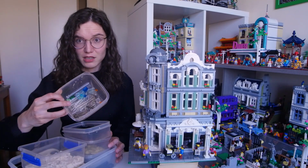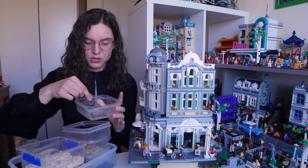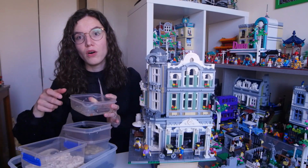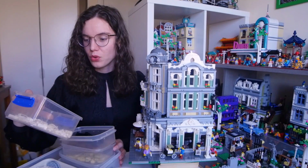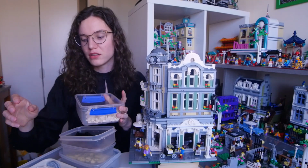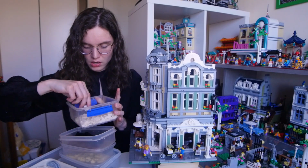Then you have a crazy amount of see-through stuff left. So you've got lots of these windows, doors, all the garage bits that you use for the window of the pastry shop, and lots of other nice little details. Then you also get quite a lot of white ones left. This is not all, the bigger pieces are in a separate one, but lots of these like nice windows, some